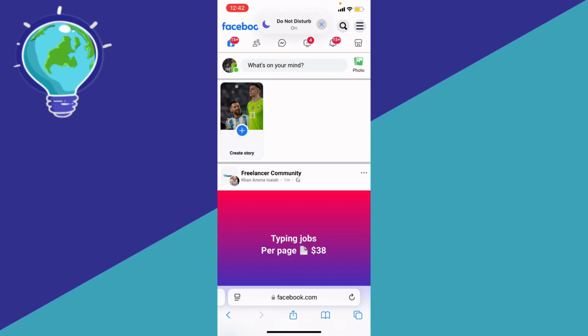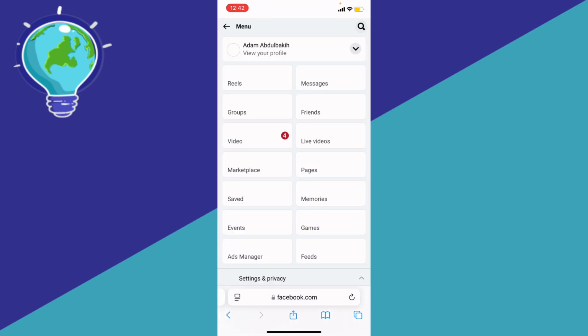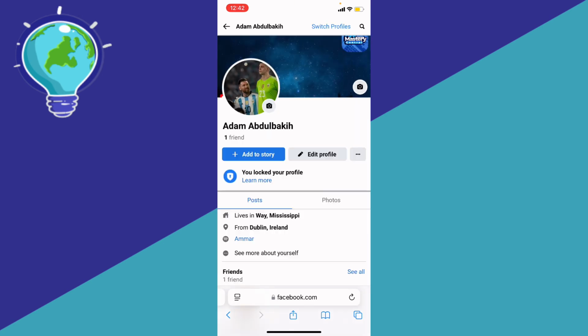If you want to change the cover photo on Facebook without posting, here's a step-by-step guide on how to do it. Click the three horizontal lines at the top right, and then you're gonna see your name. Click on your name at the top left, and then basically what we're gonna do, we're gonna just go ahead